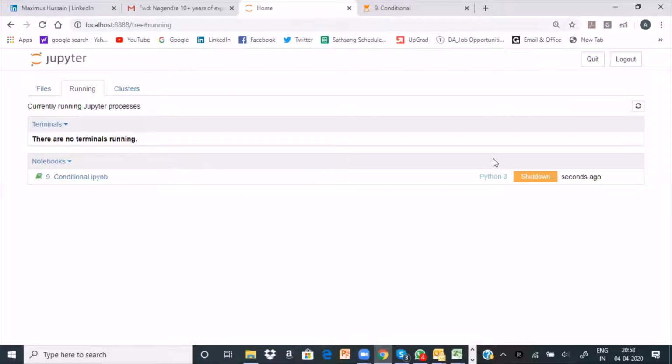Here you see conditional. This is the file and it is running right now. If I do this, it will reset once again. Let me redo this for you.